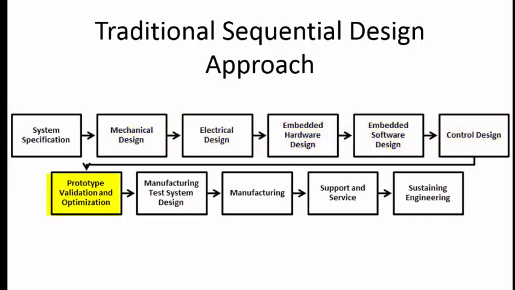Then an iteration process will start. You are testing some or all of these possible solutions using a particular methodology, which you will be deciding, and you will eliminate all the bad options available. You may be left with one option. Then the next step is you will actually build a prototype, or you can go for the simulation and do the computer aided design process. You can make the simulation of it, you can see the results, you can improve upon the design.